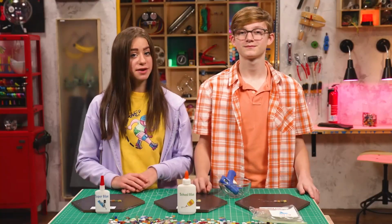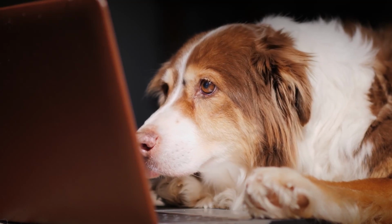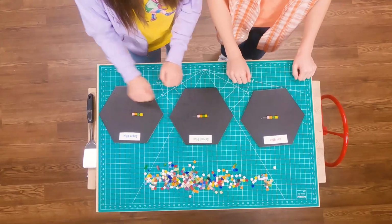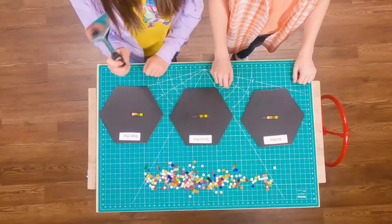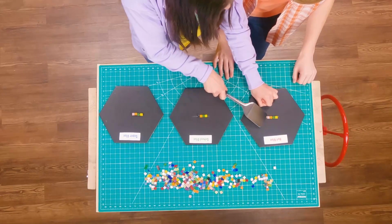Now we could sit and watch the glue dry for 10 minutes. Or we could do this. Now I'm gonna see if I can pop them off with a little pressure. Nope. Oh. Nope. School glue down. We still have hot glue and super glue in the running. Now we try greater pressure to pry them off. Nope. Nope. I guess we have a tie. Looks like they both stuck it out. I'm ready to get my mosaic on. But first, it's time for...